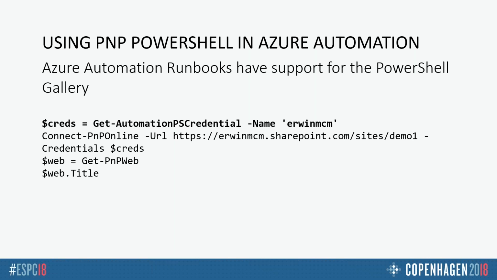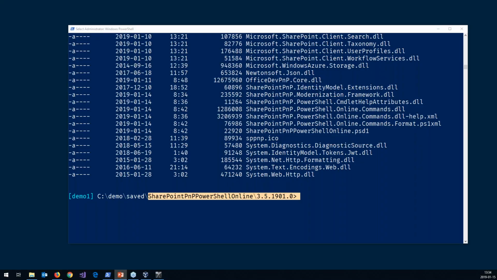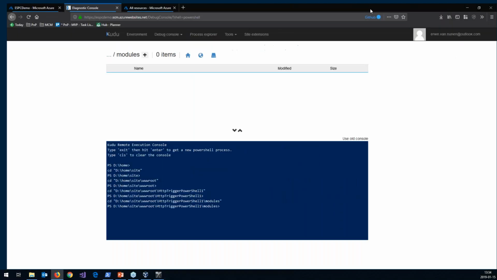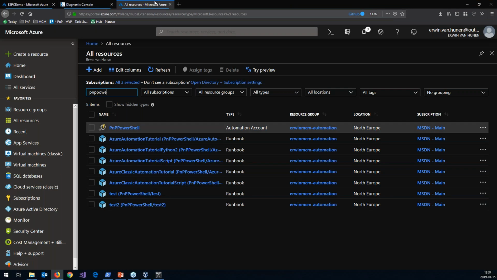Let me show you that in the browser again, because I have this tab open. Here, I filtered down my resources, and you see the first entry there is PnP PowerShell, which is an automation account. That's where you start. You start with an automation account. So if I open this automation account,